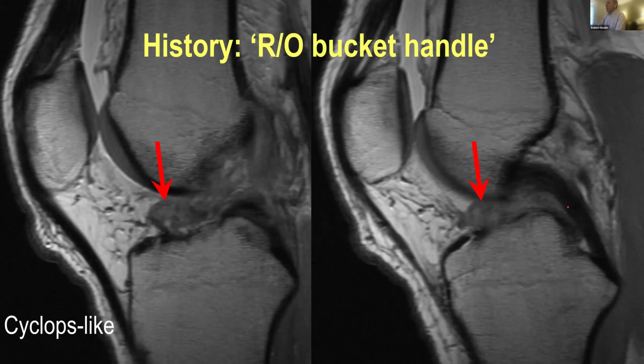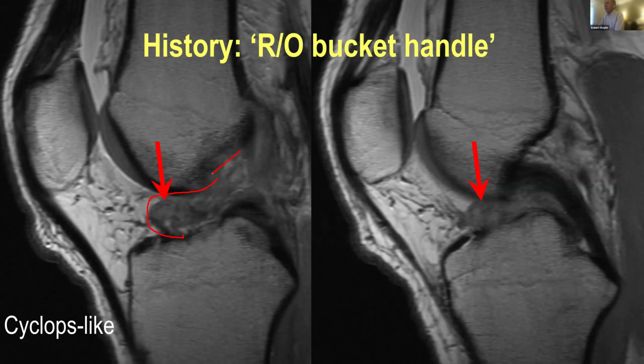So on MRI, sometimes people will have mechanical symptoms. They complain that they can't get terminal extension or whatever. Obviously, in the acute setting, it can be hard to examine a patient, get a good Lachman pivot shift exam. And this is sort of a characteristic appearance when the ACL is buckling into the anterior aspect of the intercondylar notch. That often bugs patients and sort of looks like what we see in the postoperative ACL reconstruction setting as a cyclops lesion, focal arthrofibrosis, but this is just the anterior fibers of the ACL.